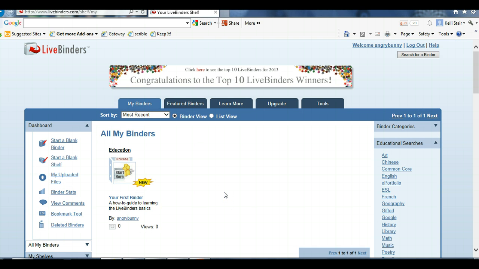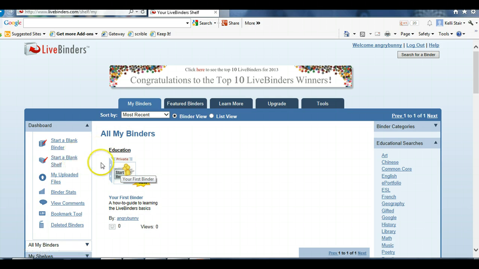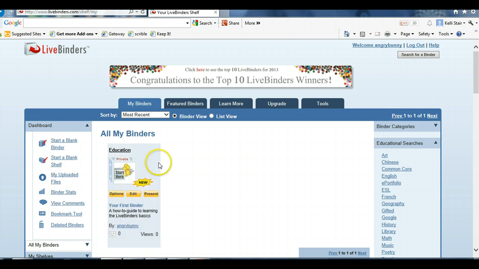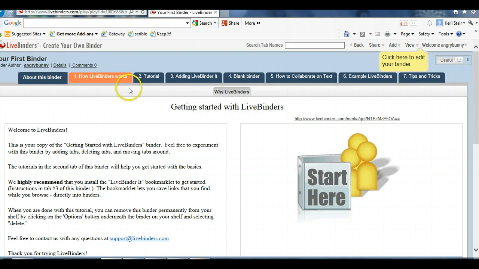okay, and you're in. So what you do is you've got this list here. This is your first binder. Okay, you can start a blank binder here. You can start a shelf. You can upload a series of files that you can then put into binders. So let's go ahead and start a binder. And we'll try this one. Okay, and this actually gives you a little tutorial on how to upload binders. We're going to go ahead and go back